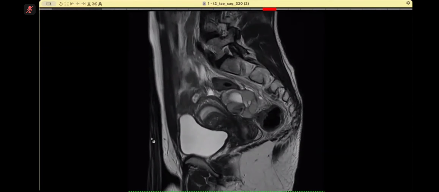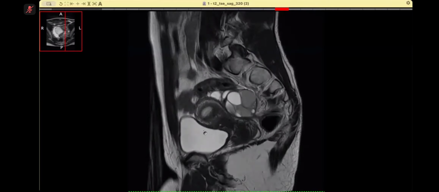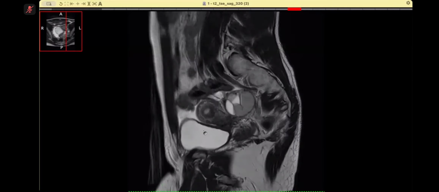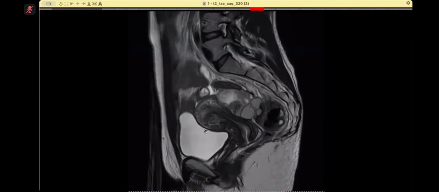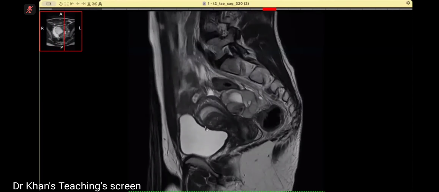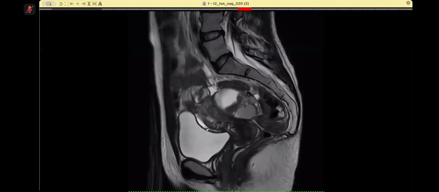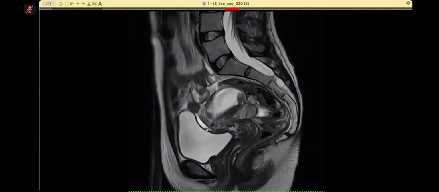Adenomyosis, which is endometriosis of the junctional zone. You have to rule that out, whether it is positive or negative. It also allows you to go right, and everything else which you have to comment on. One best sequence is a sagittal, because you can see